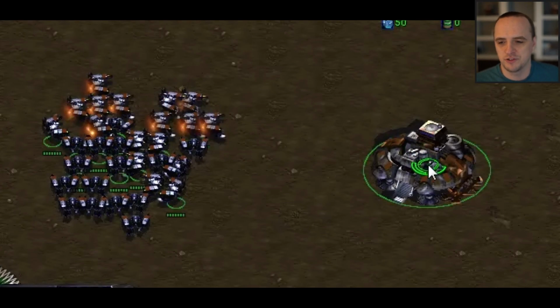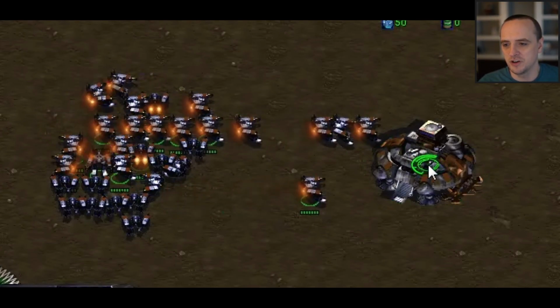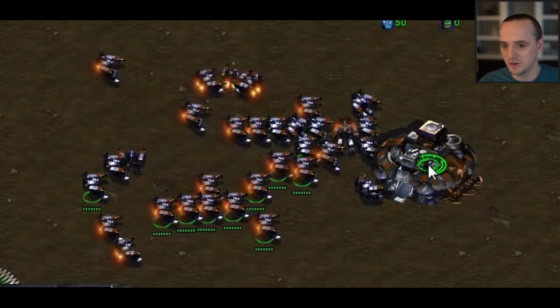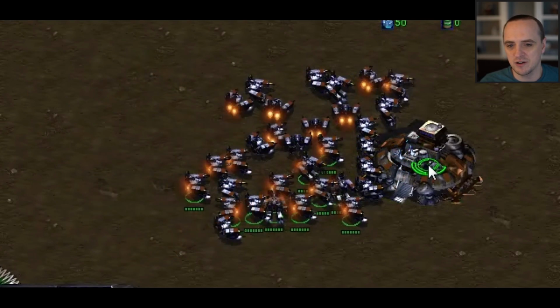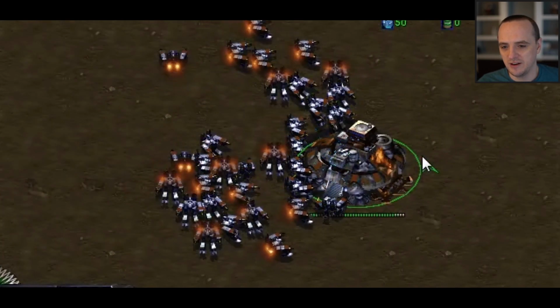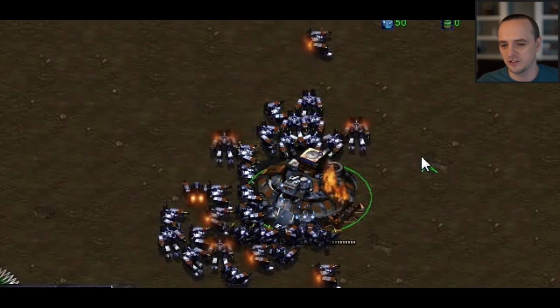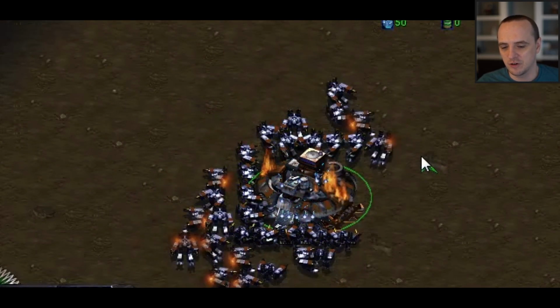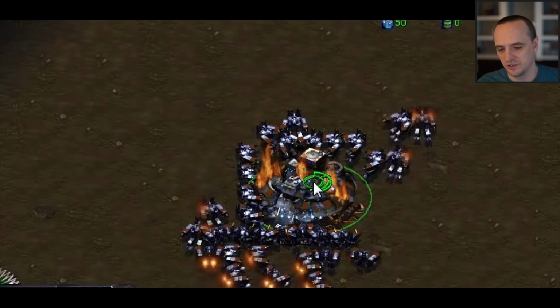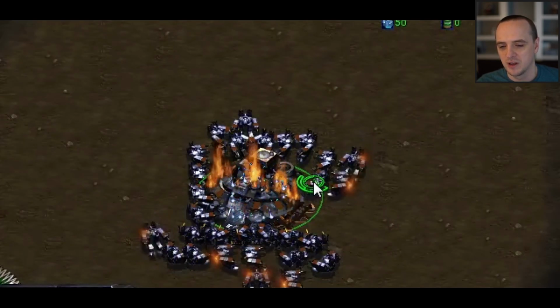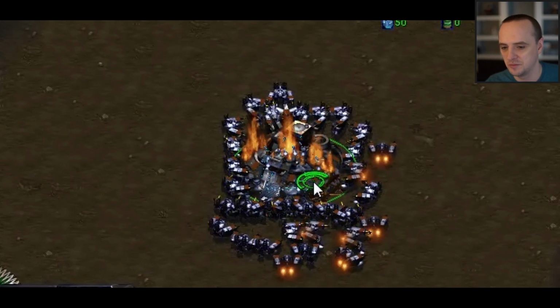Another example here from StarCraft is, let's say we wanted a bunch of these workers to attack a building, right? But you can see here that this sort of surrounding the enemy behavior is not implemented very well, and we have a bunch of units getting stuck on each other, and only after about 20 seconds or so does this actually get surrounded, right? So that's something that could be improved upon.